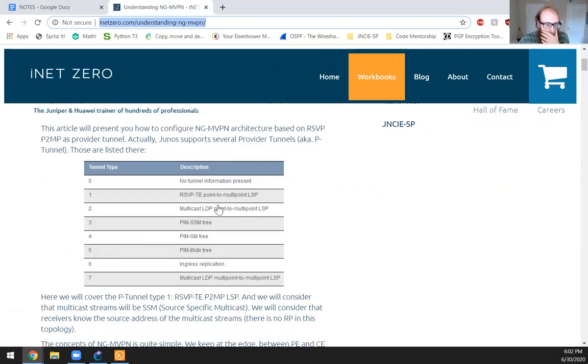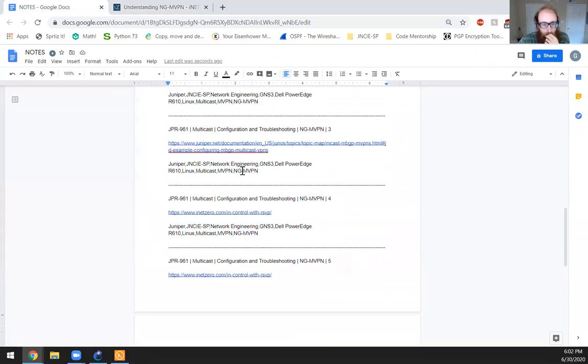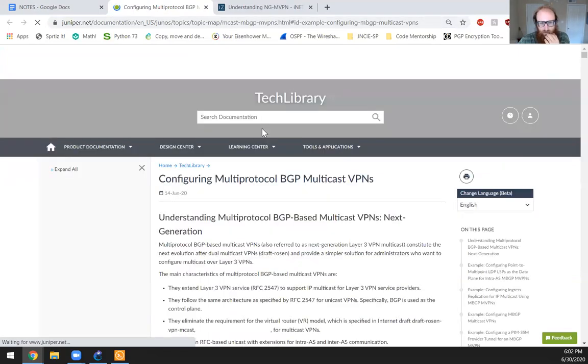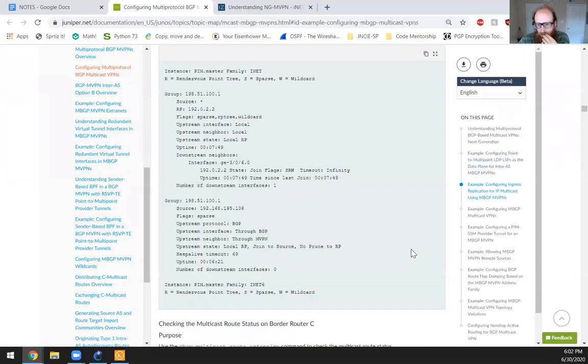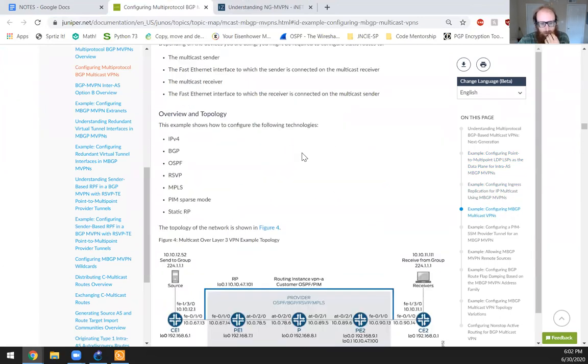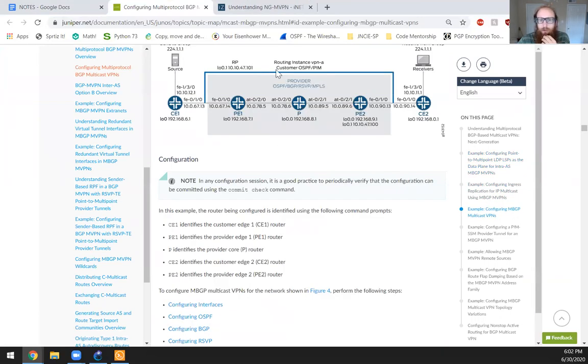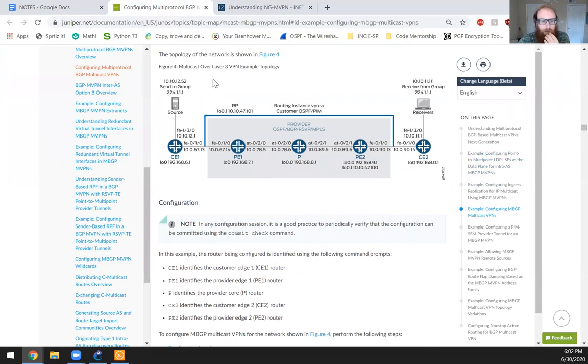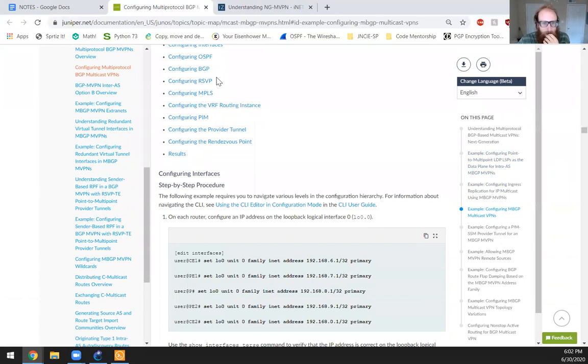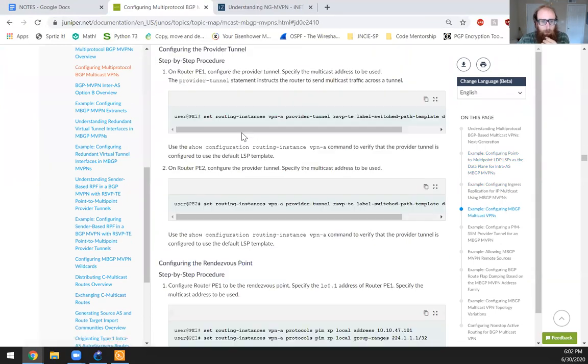So I believe the one we used in the example, because we did use a particular kind of provider tunnel. So I don't see anything about a tunnel. So we definitely, here we go, configuring the provider tunnel. So we used RSVP